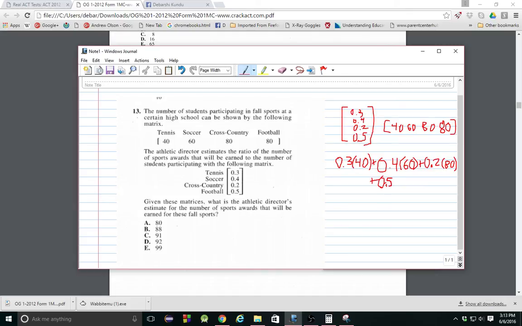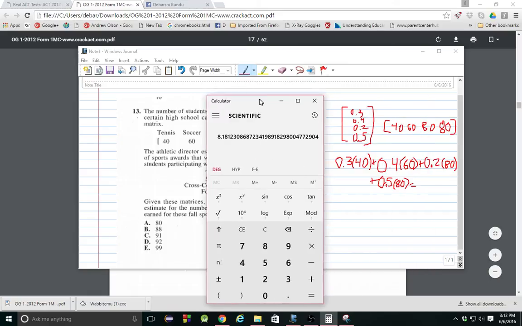Please excuse my handwriting. And you just input this into a calculator, and we get